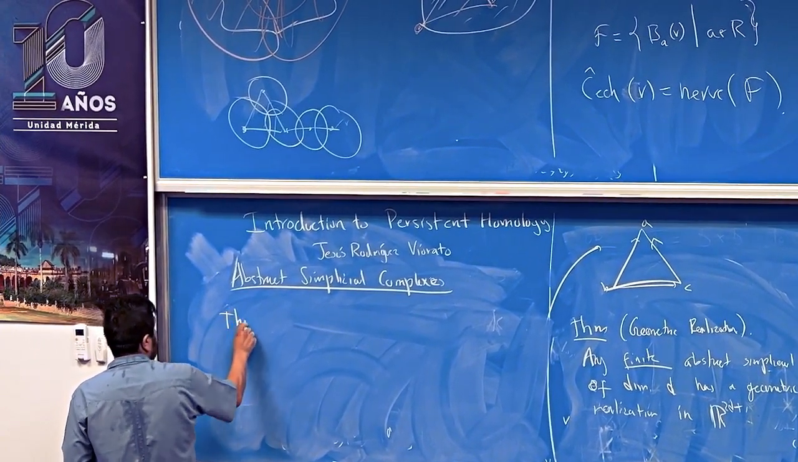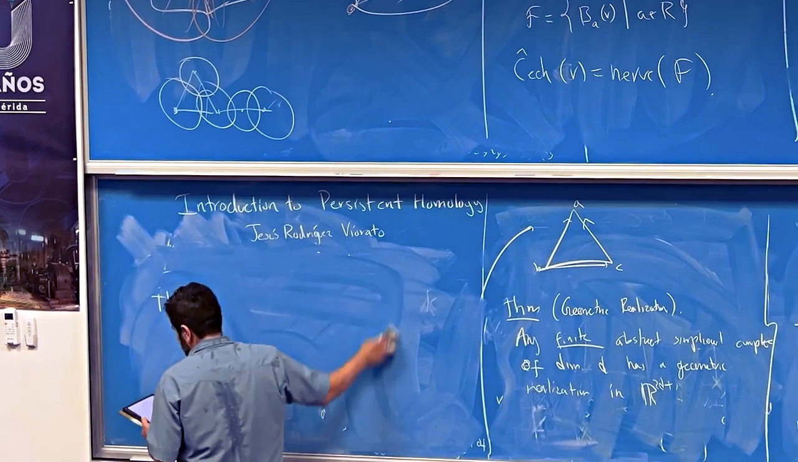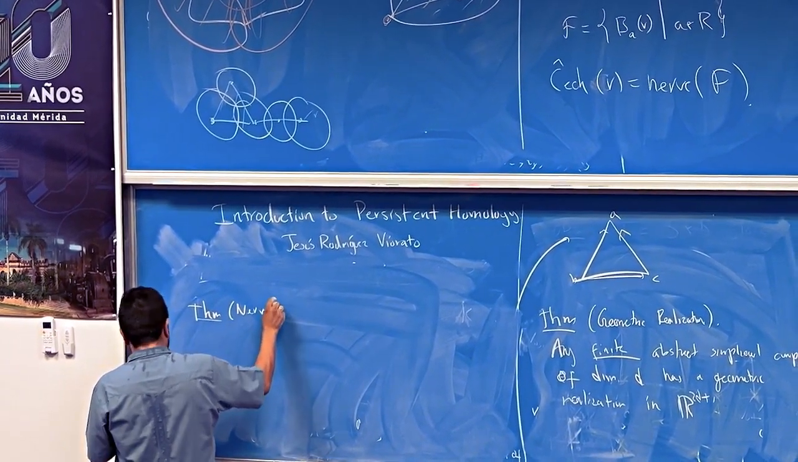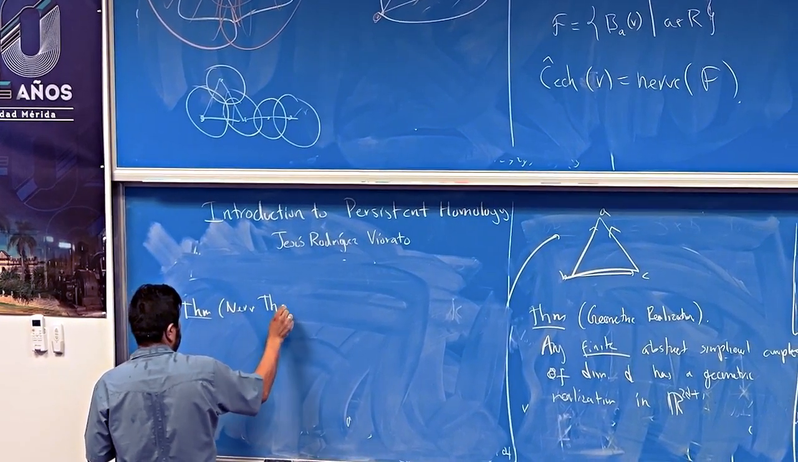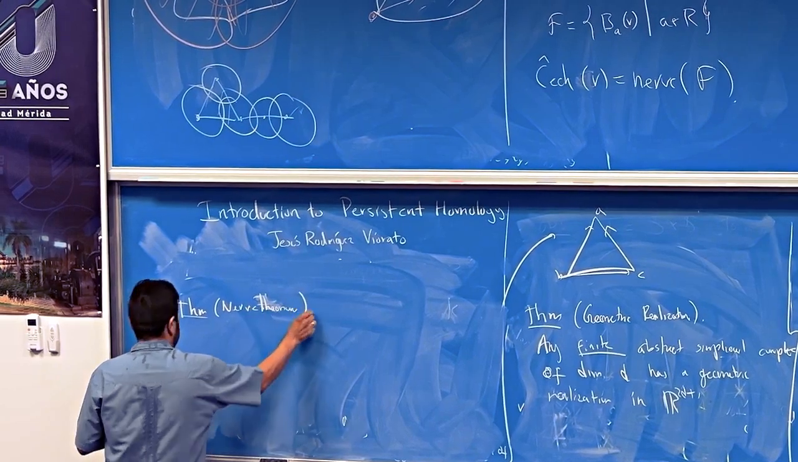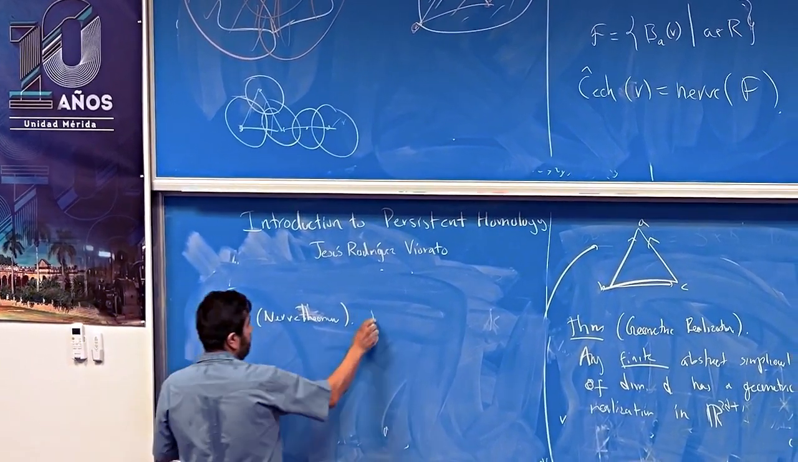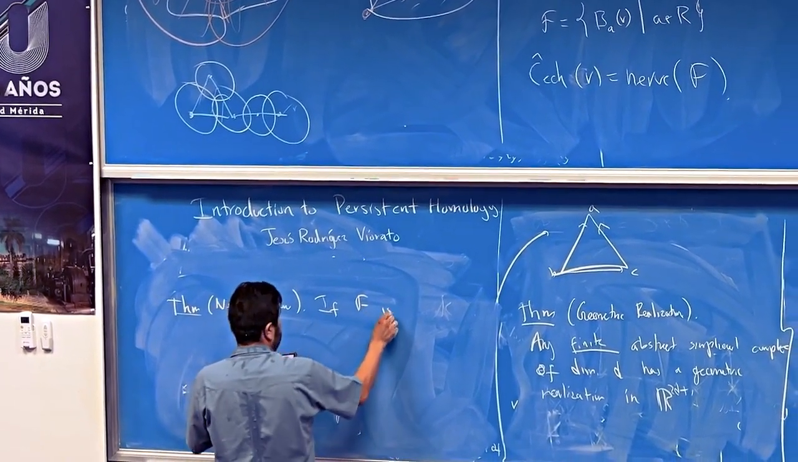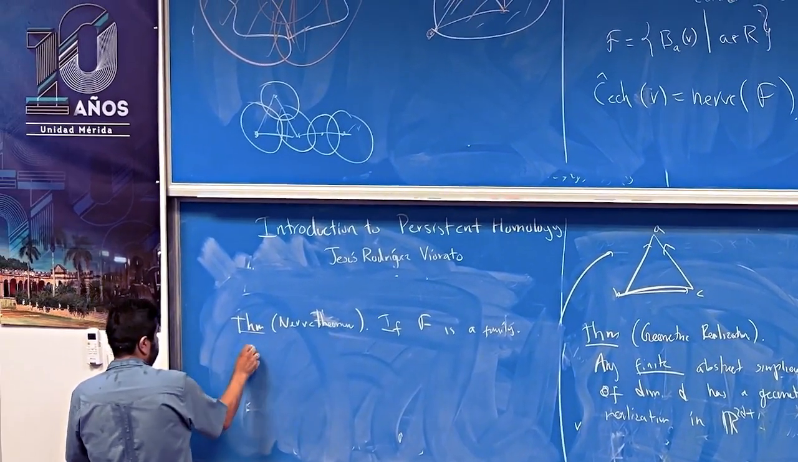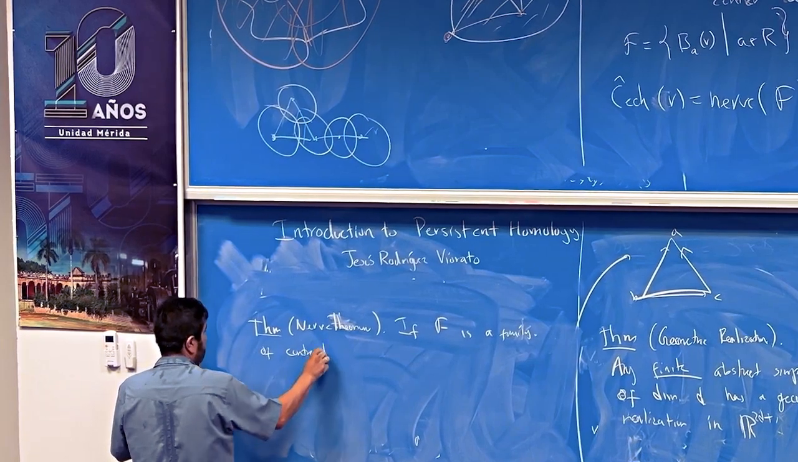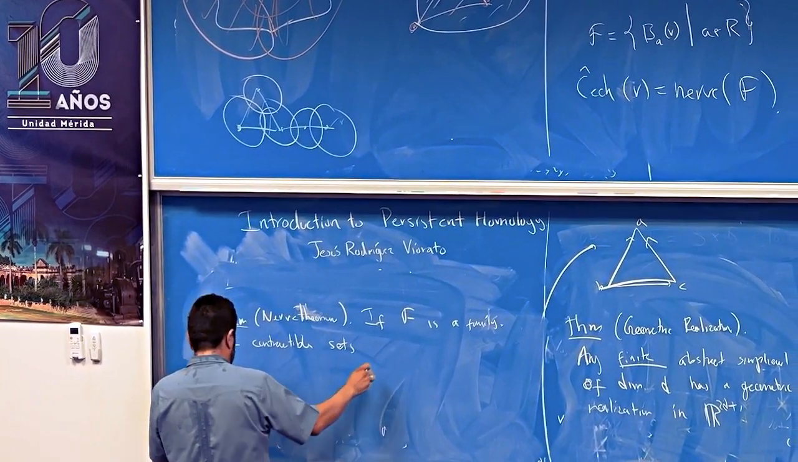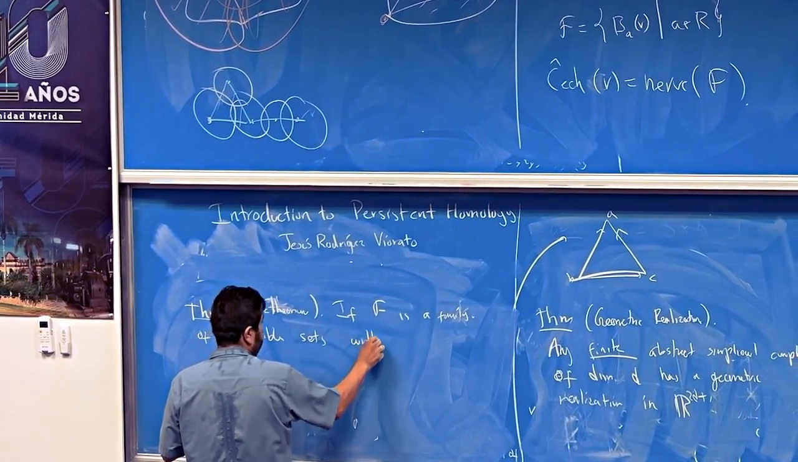This is what is called the nerve theorem. This is a theorem from algebraic topology, the nerve theorem. If F is a family of contractible sets with contractible intersections,